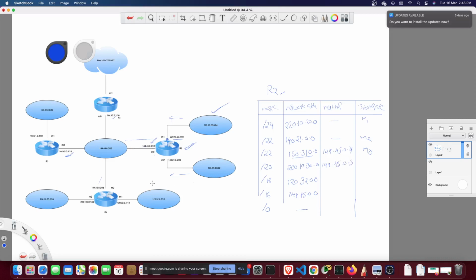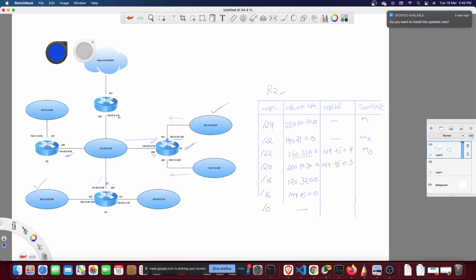Yes. When a packet is destined for this network, what is the next hop? This is where the packet should be sent to, right? So the packet should be sent to this next hop